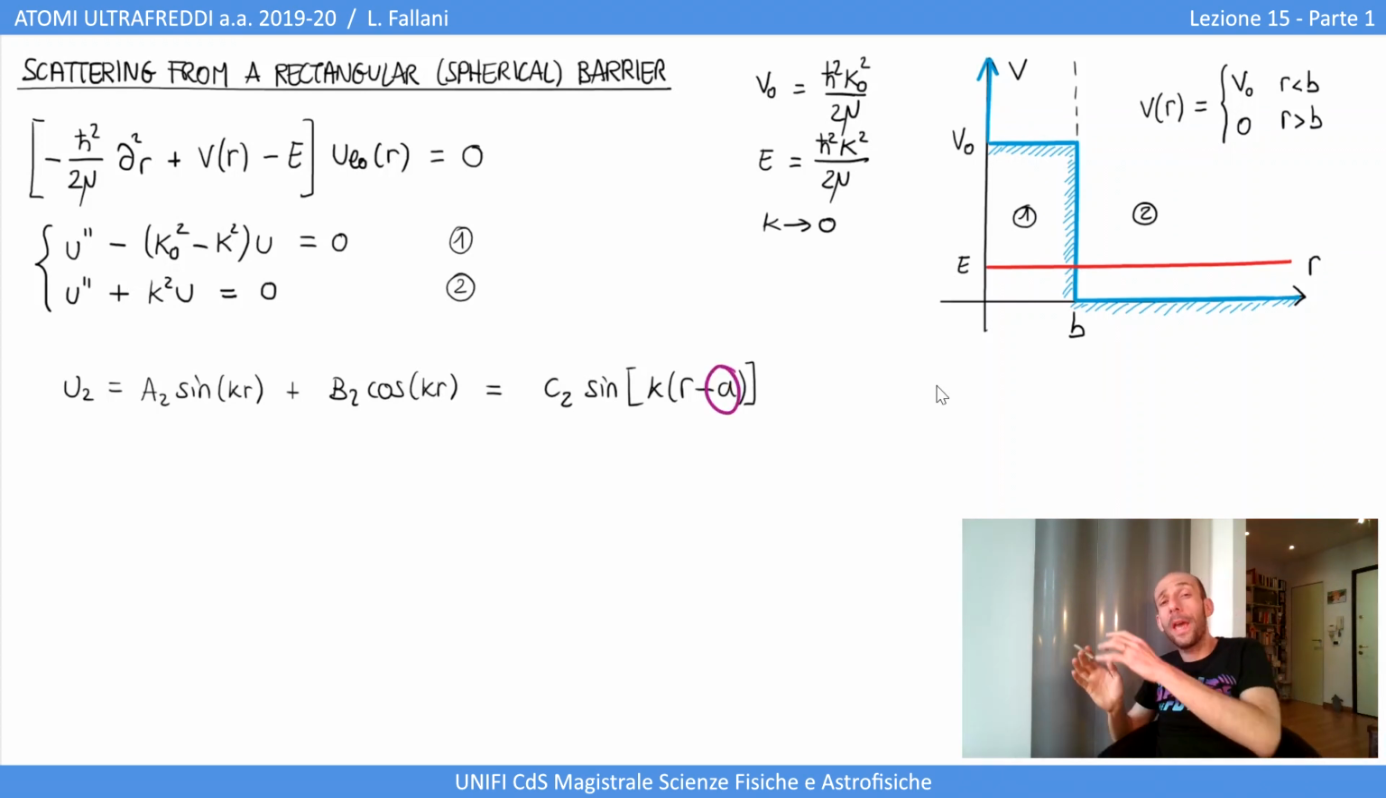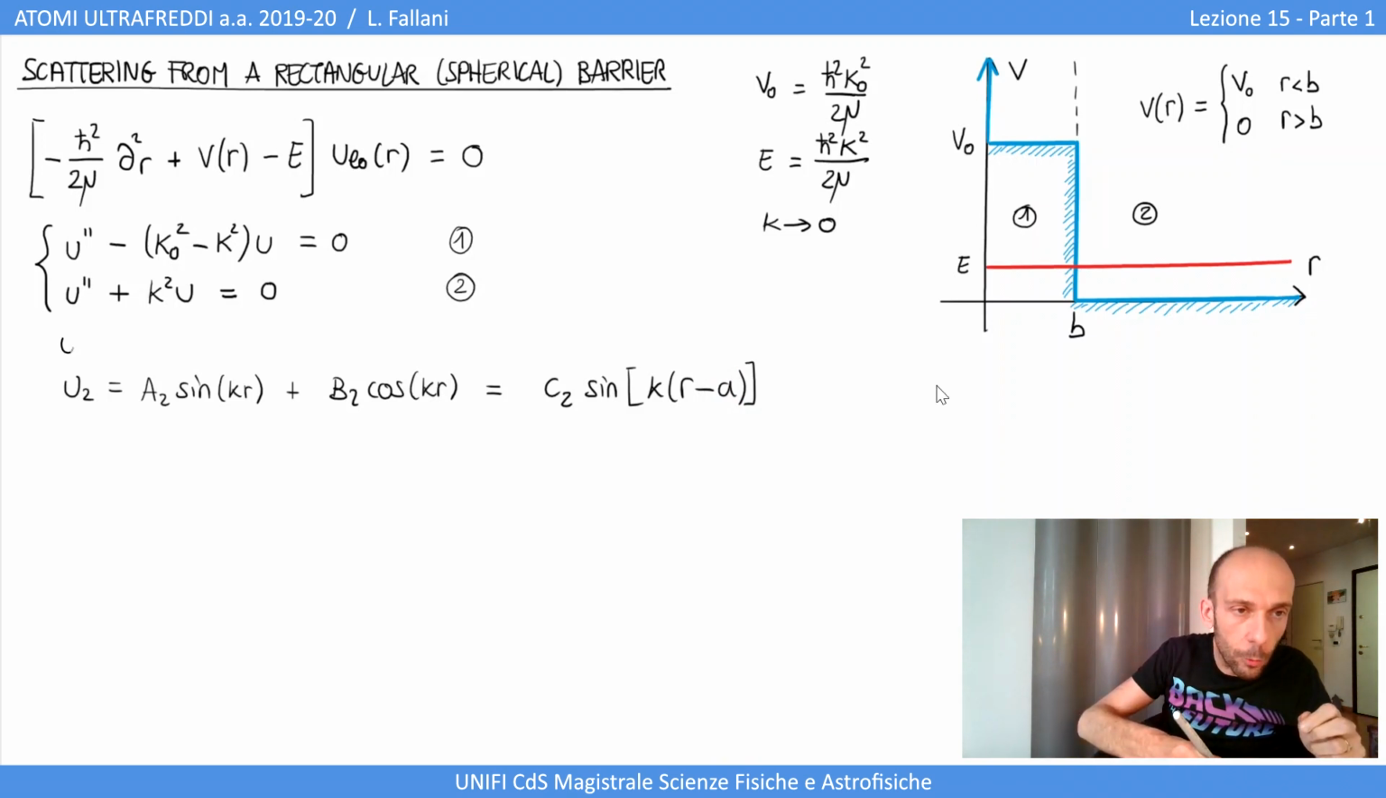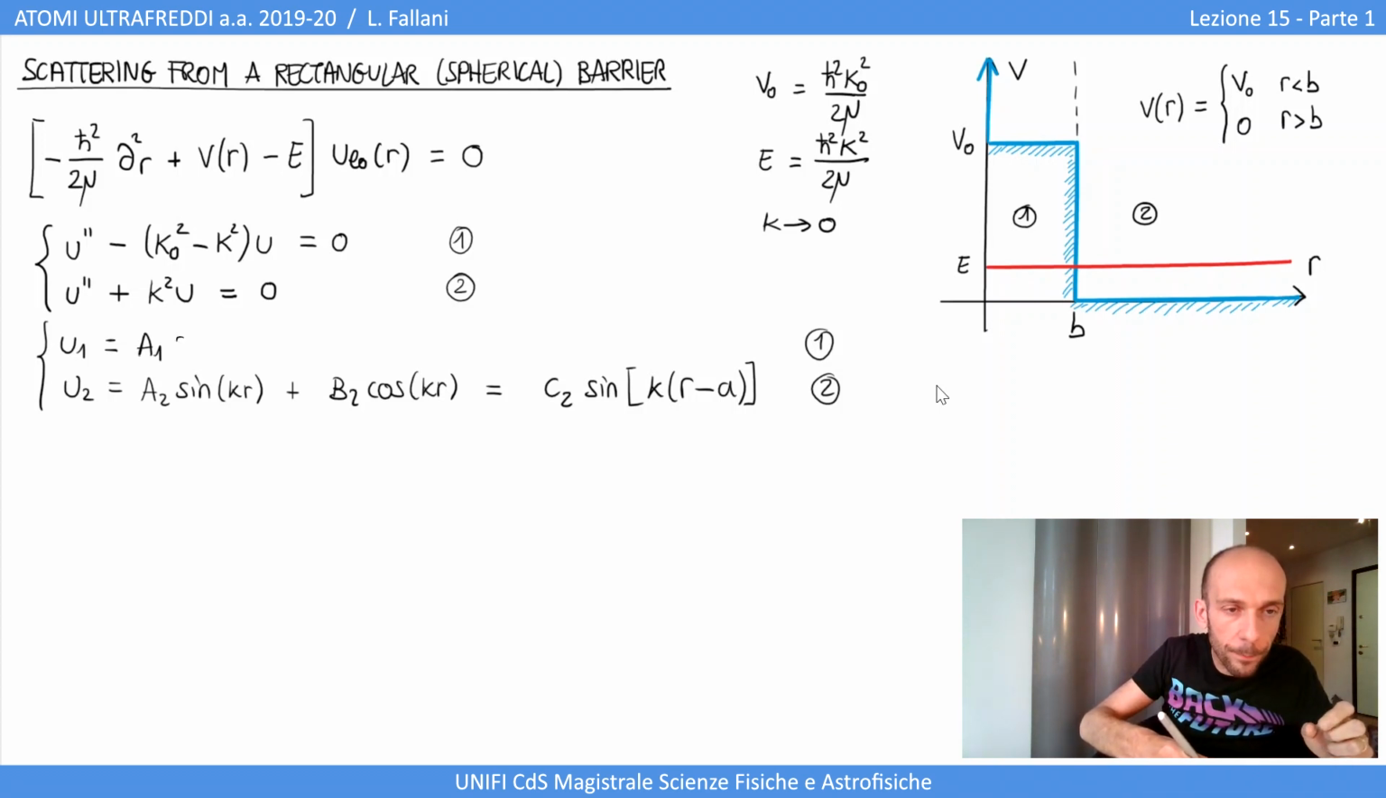So we will determine a on the basis of the parameters that describe the scattering potential. And in order to do that, we also need the solution in the forbidden region, so U1. And U1 will be given by not a sine, but a hyperbolic sine and hyperbolic cosine. So we can write it as A1 hyperbolic sine of square root of k0 square minus k square times r plus the hyperbolic cosine,